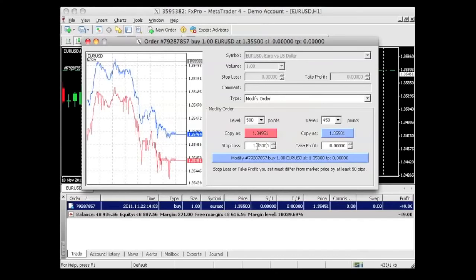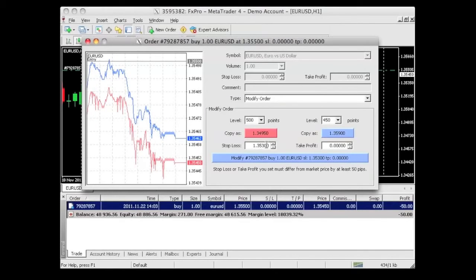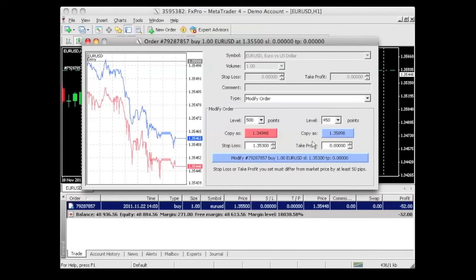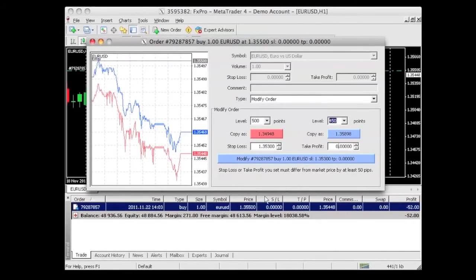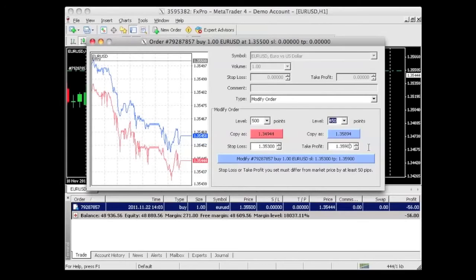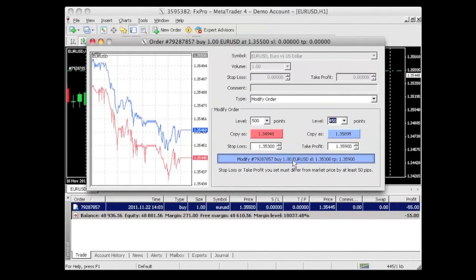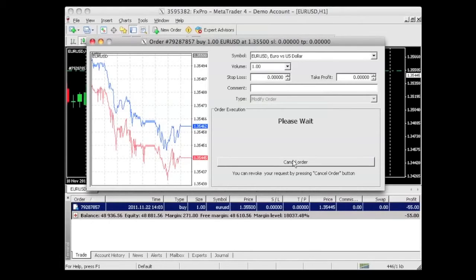Remember, it's only 4 decimals. It's only 4 digits after the decimal. The 5th digit is just for precision. It's not really necessary. Okay. Now we can do the same thing for our take profit. 40 pips above this would be 1.3590. Okay. We can just click on this blue button here that says modify, and we can soon see